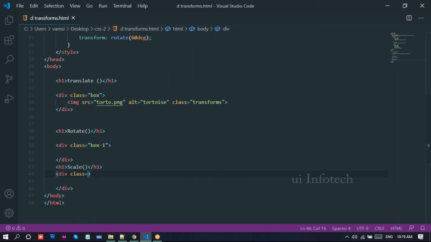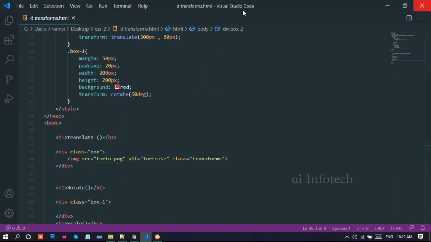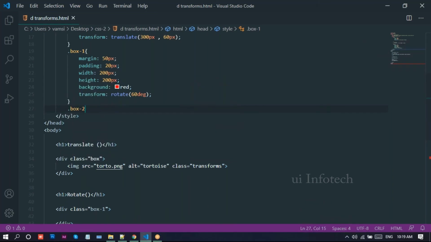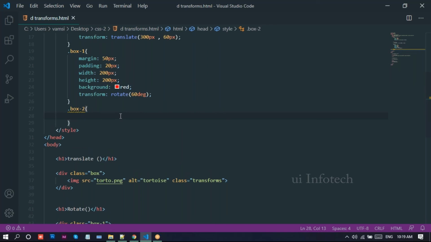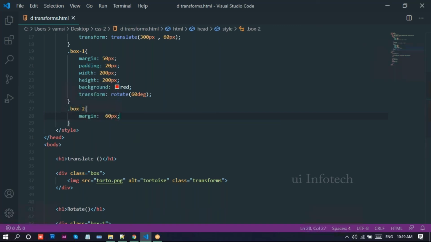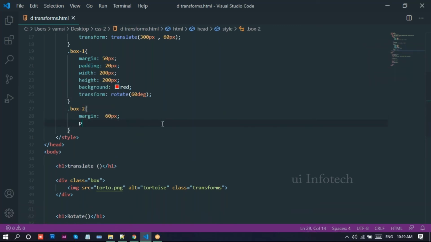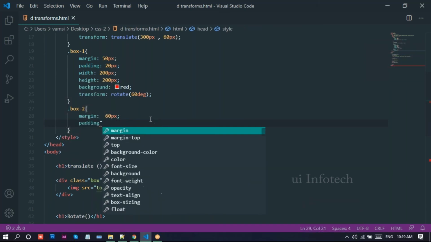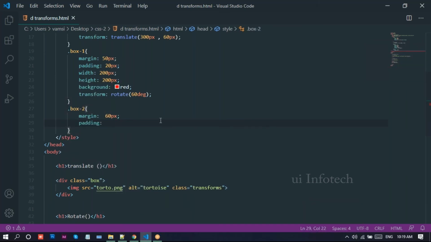For this div, I'll take the class name box-2. For box 2, I'll write margin 60 pixels and padding 30 pixels.